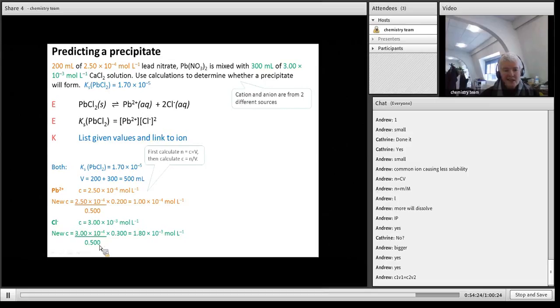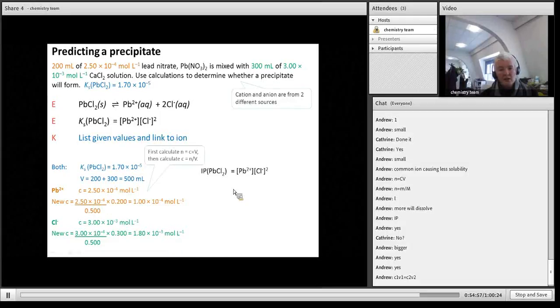liters. You didn't have to convert to liters in this case because the milliliters here would have cancelled out with the milliliters there, so you could have said 300 divided by 500, but it's perhaps a good habit to always convert milliliters to liters, or just have units all the time so you know when you can cancel out and when you can't. So there are my two new concentrations, and now I just take the RP,